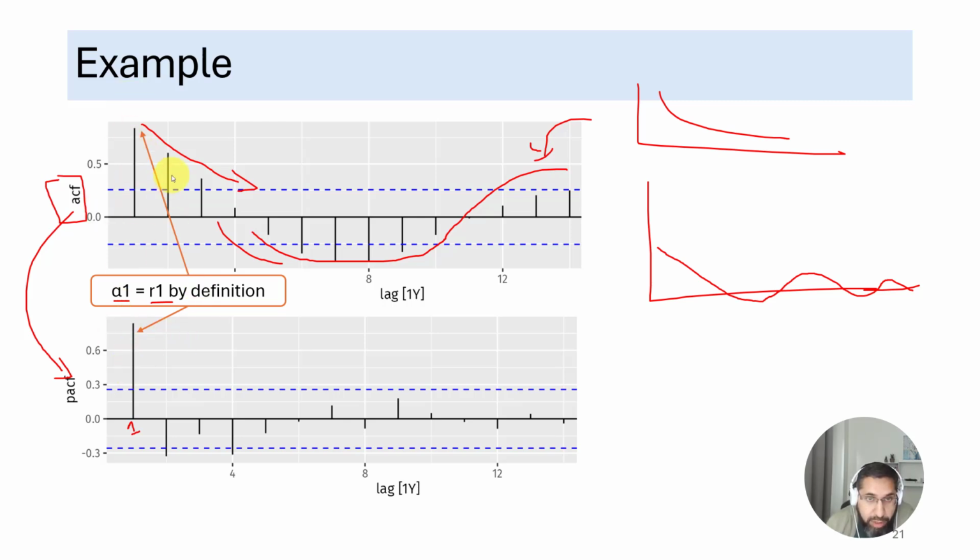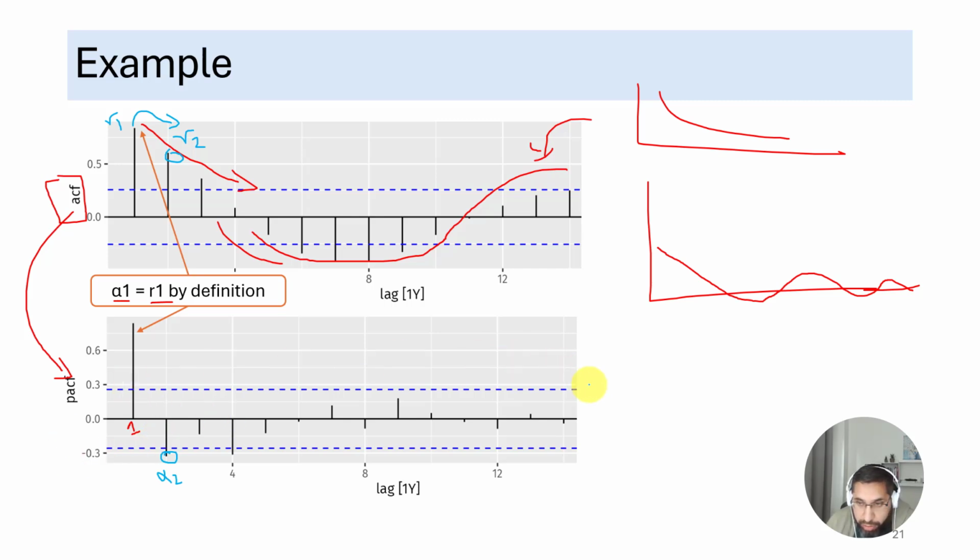There's no controlling happening. But this is where the fun starts. When you go to R2, this is being affected by R1. R1 is affecting R2. But when you partial out the effect of R1, you notice it's actually negative. Alpha 2 is actually negative. So let's say this is sales data: if you had high sales in March, you skip a month, and in May you're going to have low sales. Maybe people advance buy or something, right? So the relationship at a lag of 2 is actually negative, and it is significant.